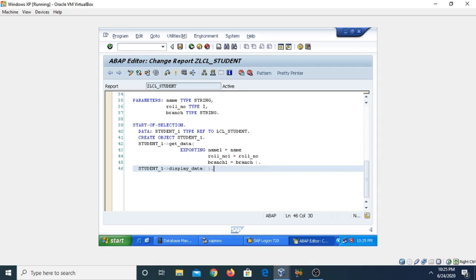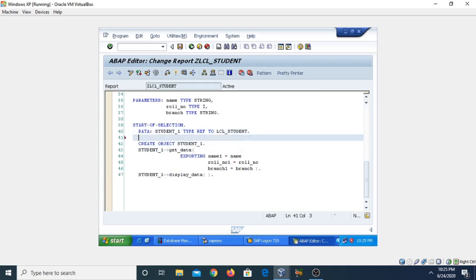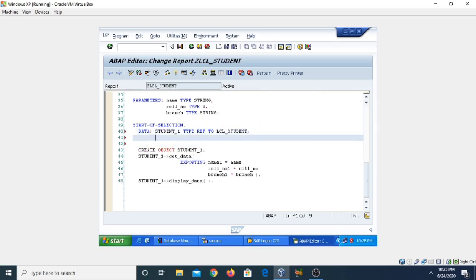How can we reference with the multiple instantiations? For making it, firstly we need to create the table. So how can we create the table? I am talking here about the internal table. For creation of the internal table, we create like this. Suppose I am going to create the table which will contain the number of student objects.